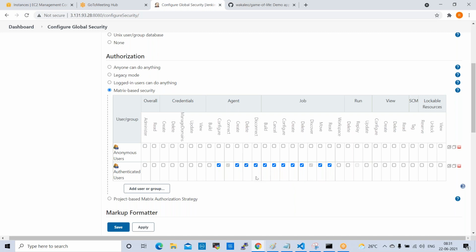So if you want to provide access, you can provide all these accesses to the particular user which we added here. Okay, and also SCM, source code management access, you can provide, and also view access, and also run access. Okay, credentials, overall. So whatever access you want to provide, you can provide to users based on the requirement, based on the user experience and role. If the person is a fresher, we can provide some job monitoring only. We don't provide agent access.